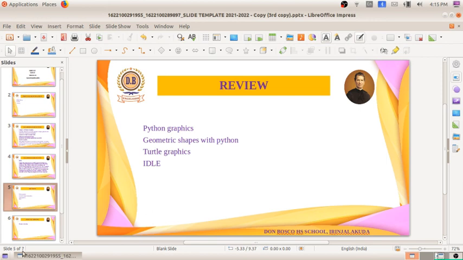And we have studied about the turtle graphics also. For typing these commands which are related to graphics, we need to define those commands. For defining those commands, we have to import them from a software or a library, and it is known as the turtle graphics. So with this much I am winding up the session.